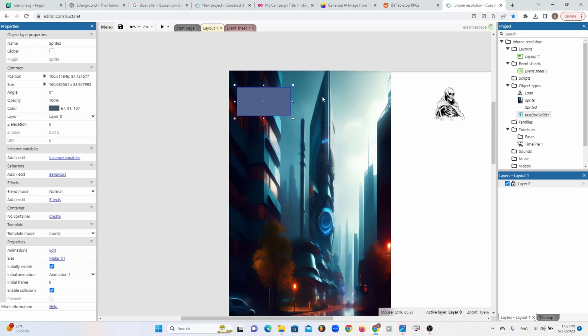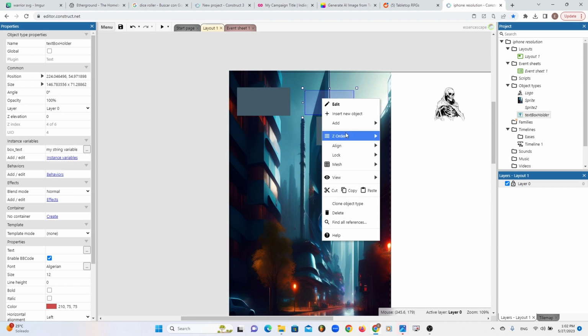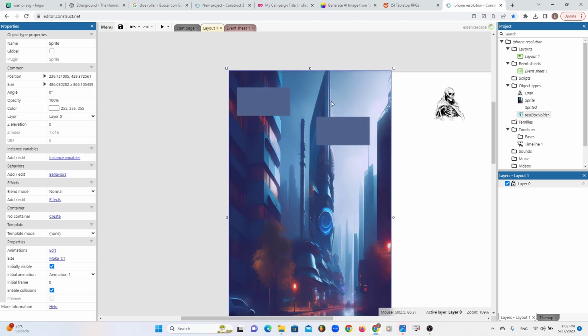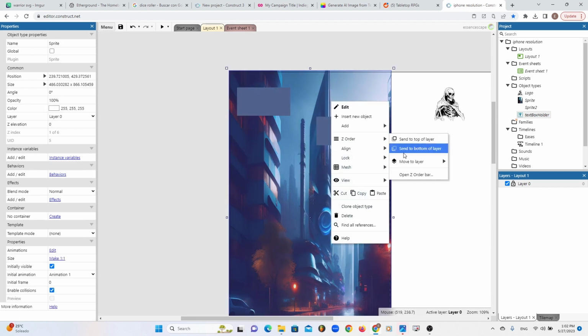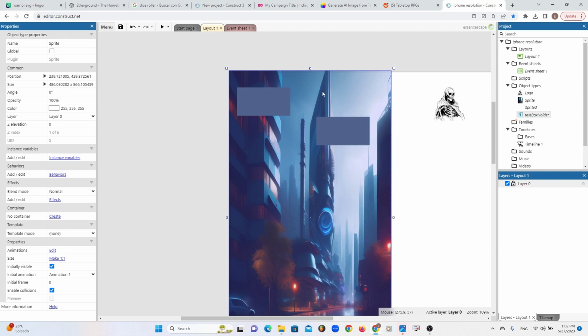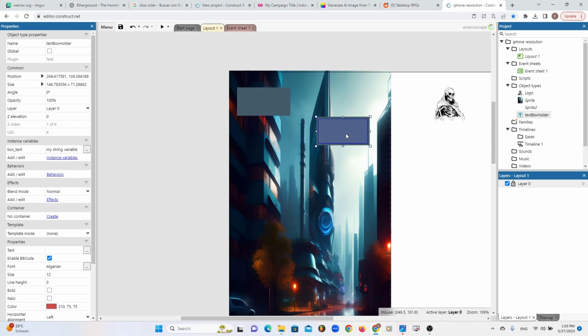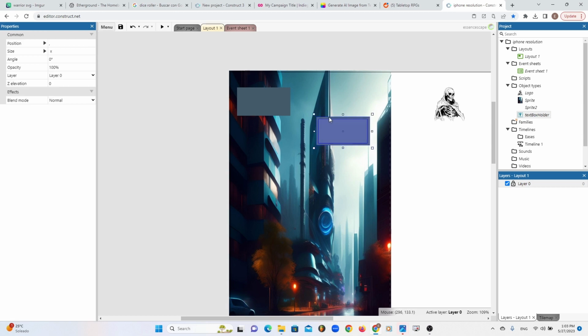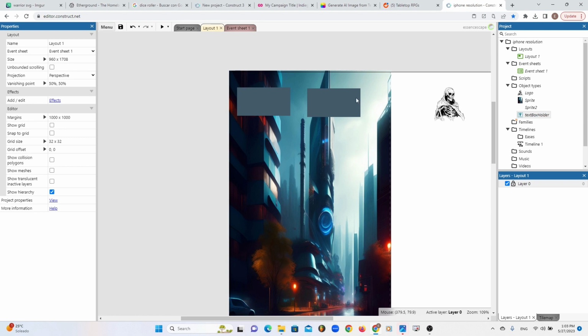Control C, Control V. I'm gonna grab this, put it right here. I'm gonna double click both. You see? Now we have a simple UI